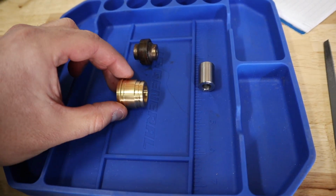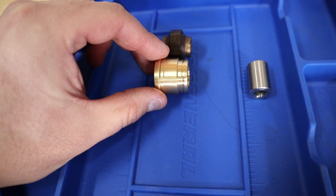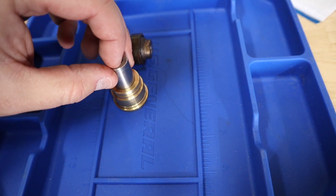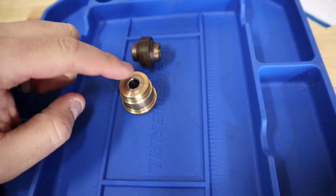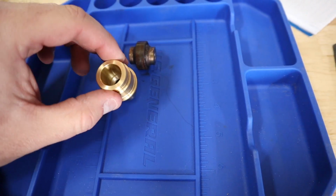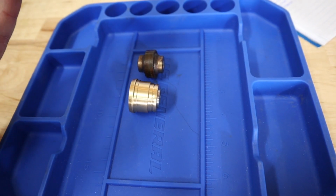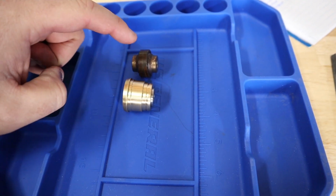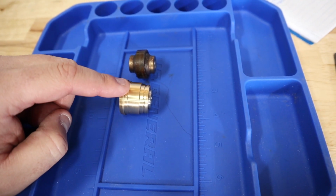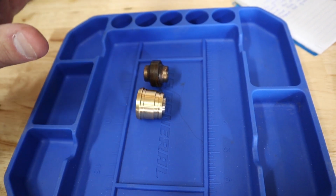So now what this does is this puts a fixed solid piece in there, which then takes away all that flex. And then you've got a stainless steel piece that runs through your brass bushing and allows it to wear. So you can just replace this if you have any problems. But truth be told, this does put a lot of stress on your joint because it's meant to flex. Not really any more than this does, to be honest. So it should last. And in fact, if I end up breaking that arm where this joint is connected, worst case scenario, I'll just buy the true